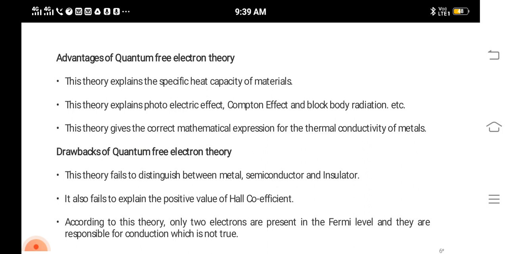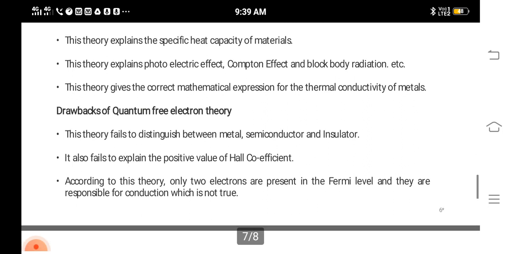This theory explains the specific heat capacity of metals, photoelectric effect, Compton effect, and black body radiation. And also this theory gives the correct mathematical expression for the thermal conductivity of metals. Drawbacks are